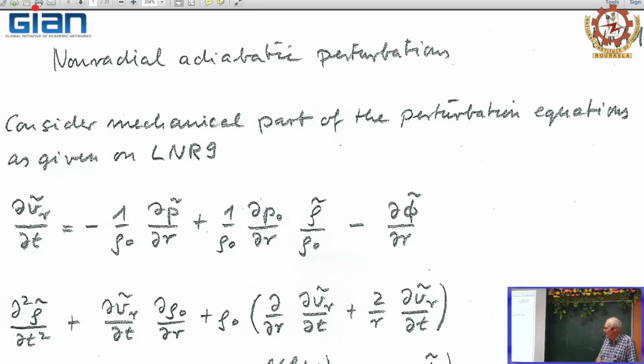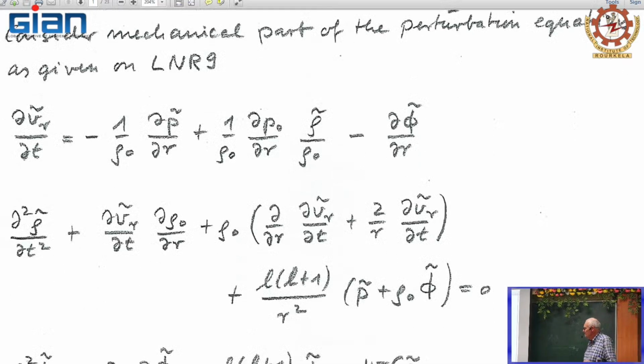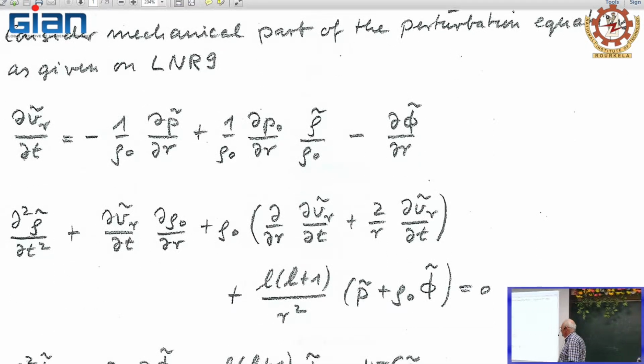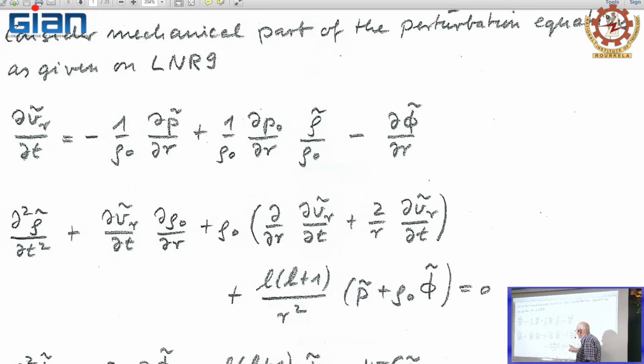So the second equation here is the equation for mass conservation. Already replaced are the theta and phi components of the velocity, and we have already applied the expansion in terms of spherical harmonics. So these are the two equations which are left, the radial component of the momentum equation and